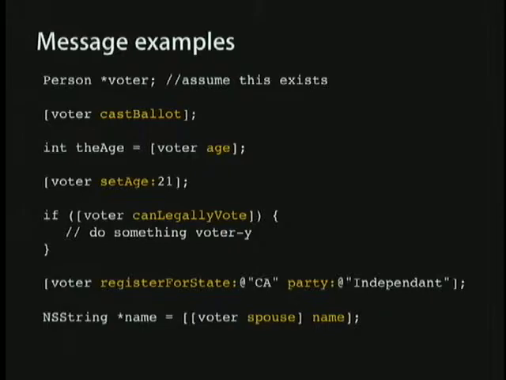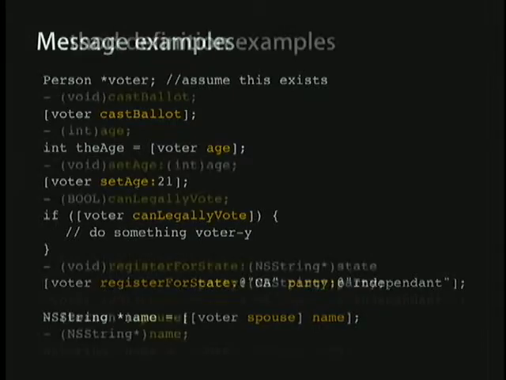And finally, you can actually nest these things as well, which ends up being really cool, because if you want to send multiple messages to basically a stream of objects, you can pretty easily just group them all on one line, in a way that really seems pretty natural, and you can just sort of read right across and understand exactly what that line is doing. So in this case, voter spouse is returning presumably a person object, the spouse of the voter person object that we had, an instance of that. And then immediately sending the name method to that, which is going to return an NSString there, which is the name of our spouse. So that's what it looks like to actually call these things.